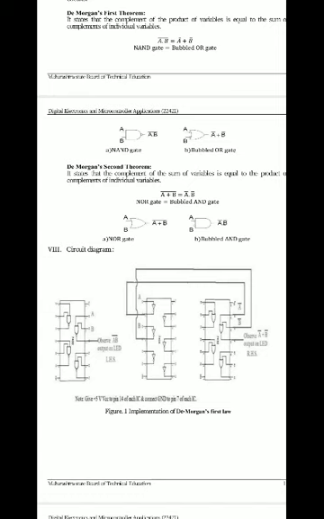For the LHS, we have (A dot B) bar. So we use only one NAND gate in the IC, with A and B inputs, and we get the (A dot B) bar output, which is a very simple LHS. So this is the circuit diagram for the LHS. For the RHS, we use a single OR gate, and that OR gate has A and B inputs, but the inputs are given through the NOT gate IC.